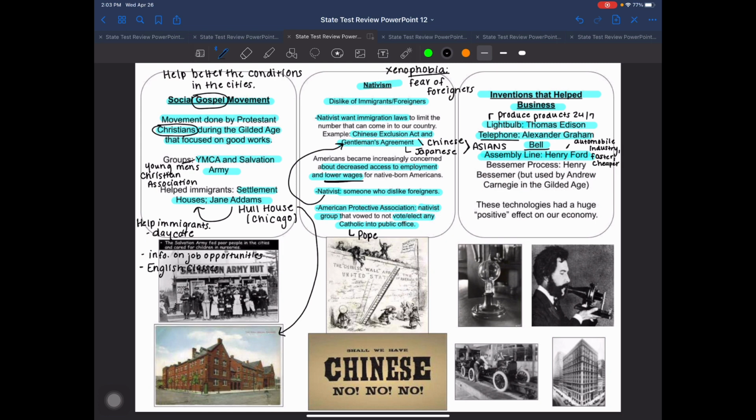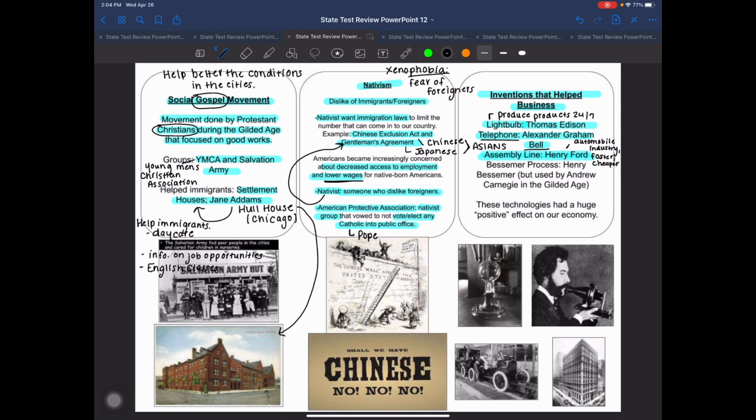So it makes the products faster and it makes the price cheaper. So what he did is he cut down on a lot of movement. Instead of making it really, really difficult for a handful of people to build one automobile top to bottom, he breaks it down into much more simple tasks. He starts to find the people that are good at doing certain parts of the car, and that's what they're going to be doing in one part of the factory all day long. And then once they are done, that vehicle is going to be moved down to be further assembled by the next person on whatever their job is.